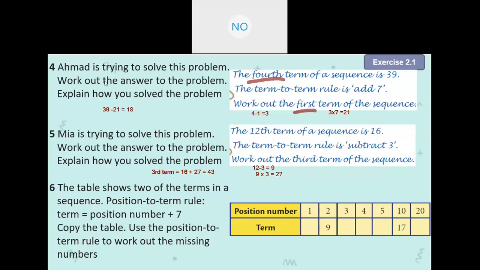Please, if your signal is okay, keep your camera on. So me as a teacher, I can make sure that you are still listening to me. It's lagging, sir. Okay, then, but at least if you do not want to turn on the camera, be active through the chat box or maybe you can talk by yourself. I will enjoy the discussion more when the class is not too quiet. When only some people turn on the camera, I feel like you are not really there with me. Okay, then I'll continue.